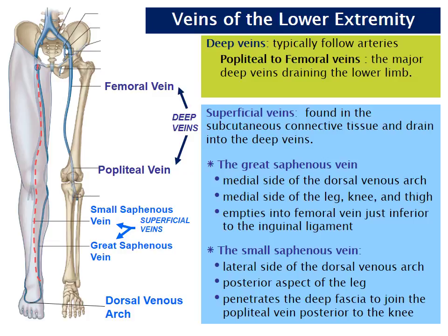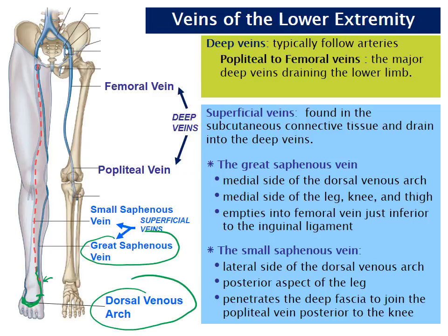So this is the venous return for the lower limb. If you recall, in the hand we had a dorsal venous arch. So in the foot, we have a dorsal venous arch as well. Here's that dorsal venous arch. And the great saphenous vein originates from the medial side of this arch, extends anterior to the medial malleolus,